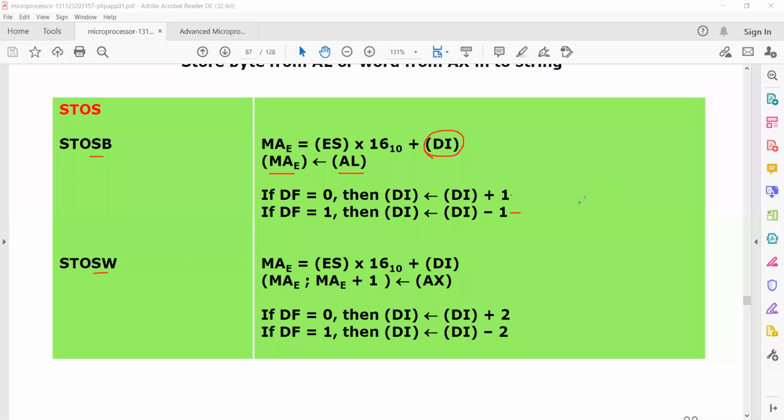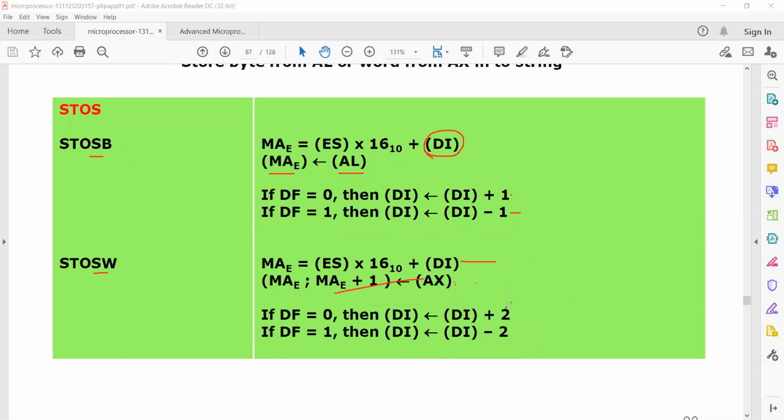That means we calculate the effective address similarly, and we load the value that is there in the accumulator register into the effective address of the destination operand. This is incremented by 2 or decremented by 2 depending upon the direction flag value, as it is a word.